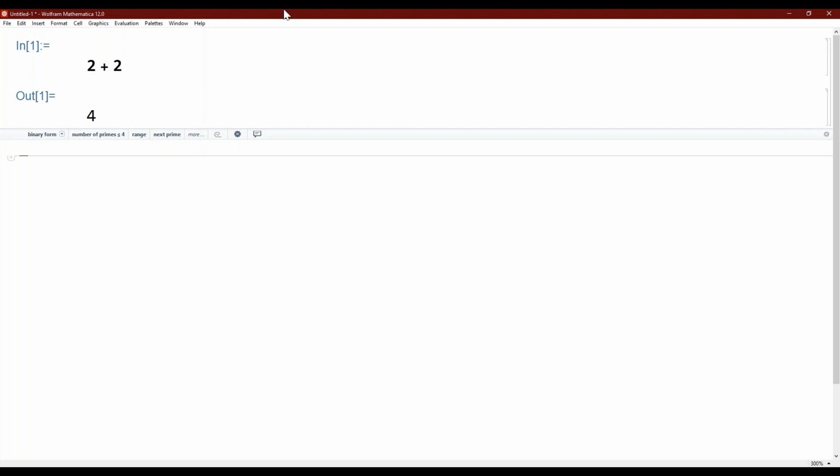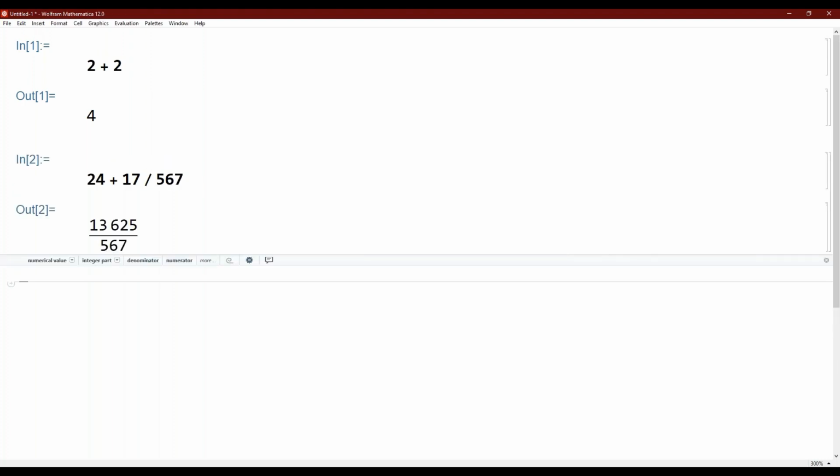What I would then like to highlight is that all of your natural mathematics you would tend to put into a calculator or write down on a piece of paper, you can do here in the Wolfram language as well. So if I want to do 24 plus 17 divided by, I don't know, 567, I can do. It will follow the expected format. And this is all well and good, I can use this as a fancy calculator. It's a pretty big and overpowered fancy calculator, but at least now, using Shift Enter, you can see we can